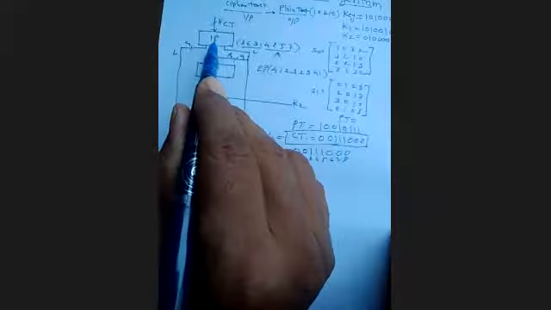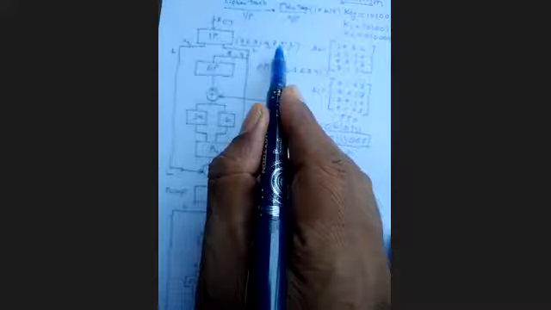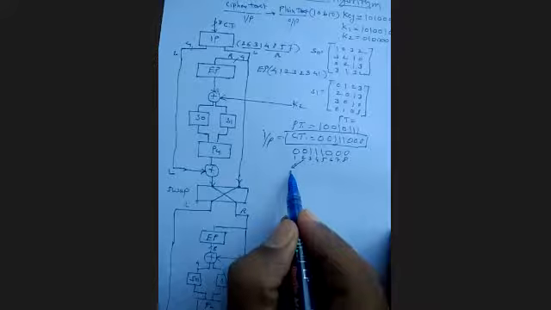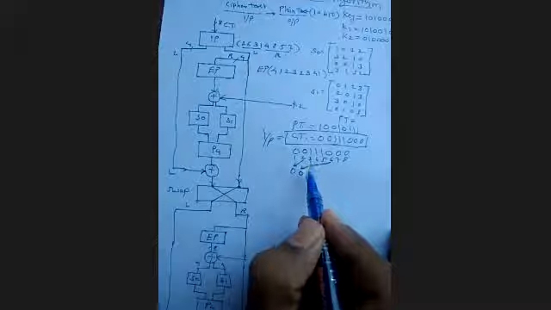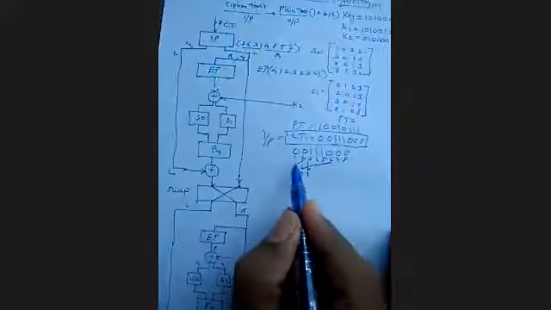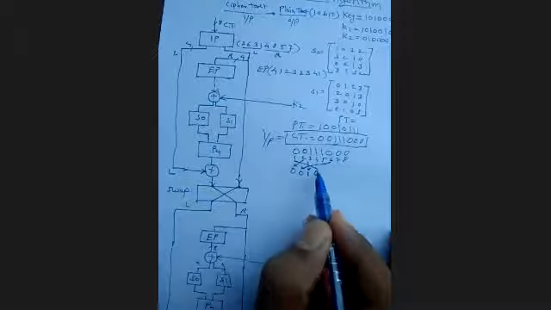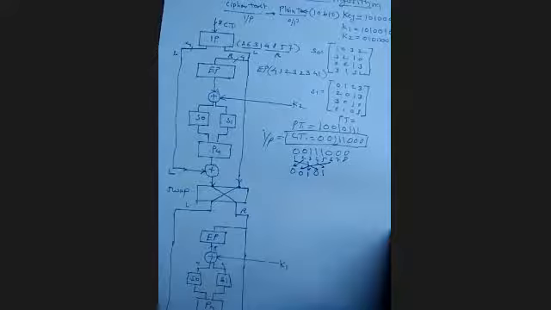Now, what have I given here? Initial permutation. So, what is the value for initial permutation? 2631 4857. Now, apply. So, what is the value of 2? Put it over here. The value at 2 is 0. What is the value of 6? The value at 6 is 0. So, put it over here. What is the value of 3? 1. So, put the value 1 over here. Now, what is the value of 1? It is 0. So, put 0 over here. And then what is the value of 4? The value at 4 is again 1. Okay. So, put 1 over here.